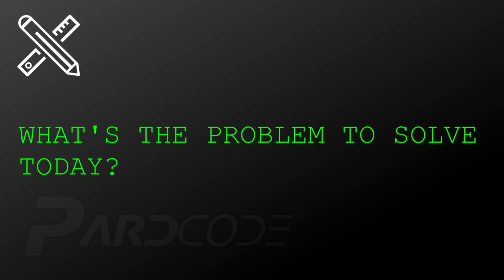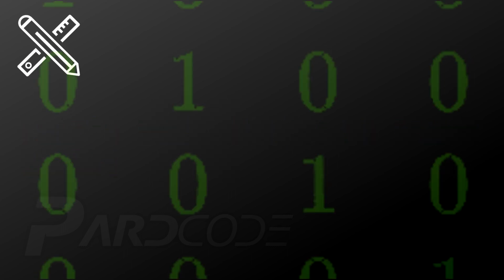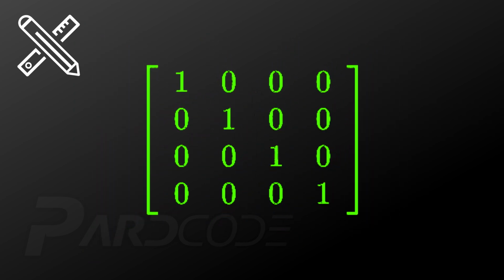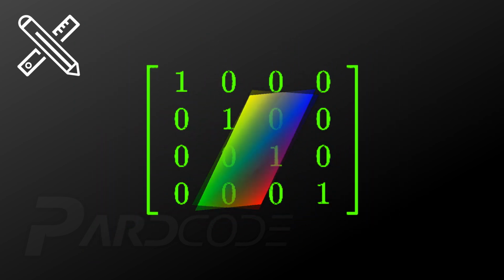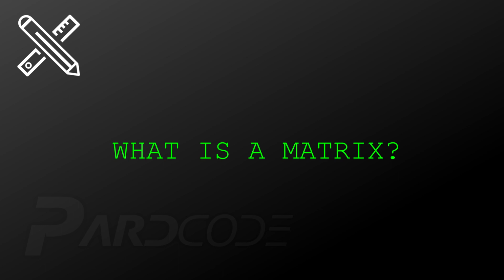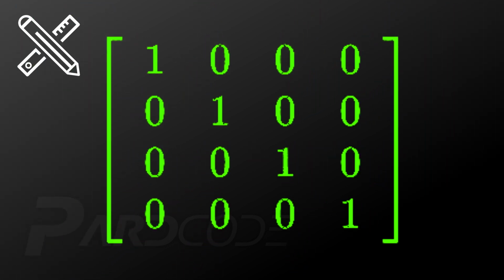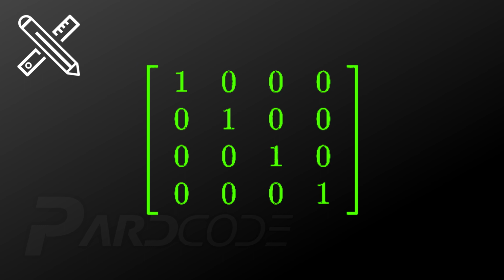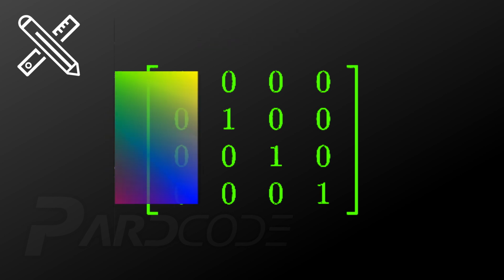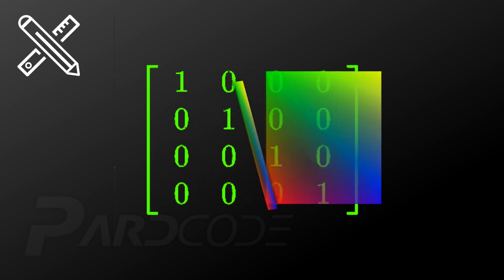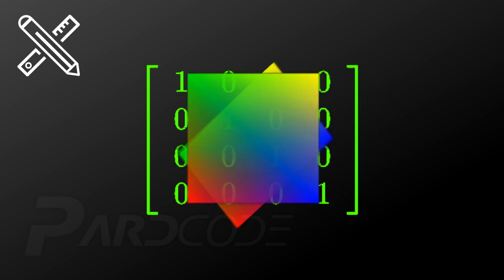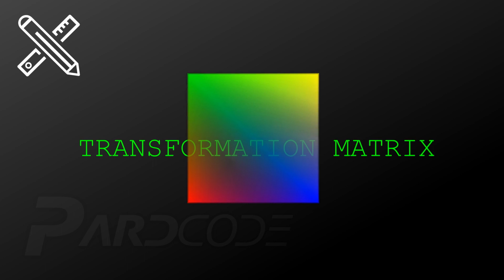Now we can start the design part. What's the problem to solve today? We want to create and use the matrix in order to transform our quadrilateral. So as first thing, let's see what is a matrix. In mathematics, a matrix is a rectangular array composed of numbers arranged in rows and columns. It has a lot of use cases, among which there is the transformation of points. With transformation, we mean translation, rotation, and/or scale of vertices, and it can be accomplished by the usage of the